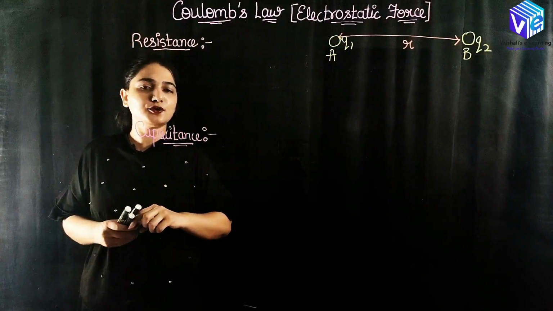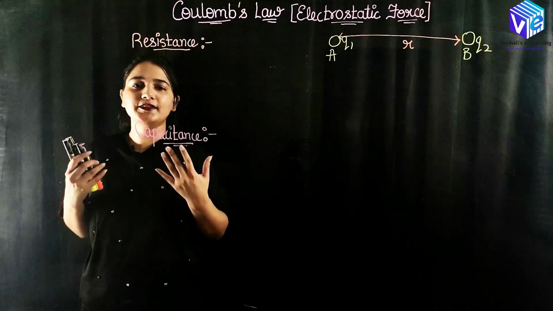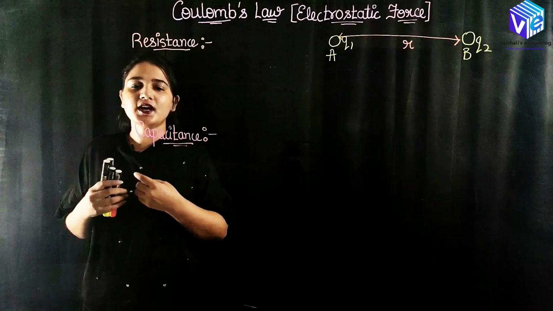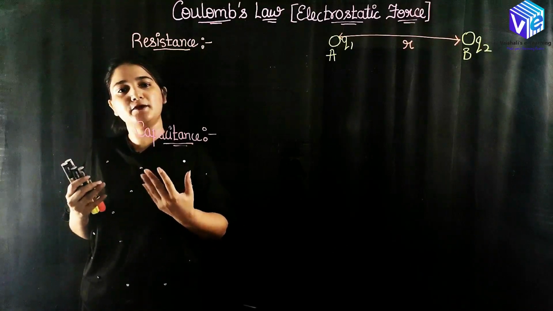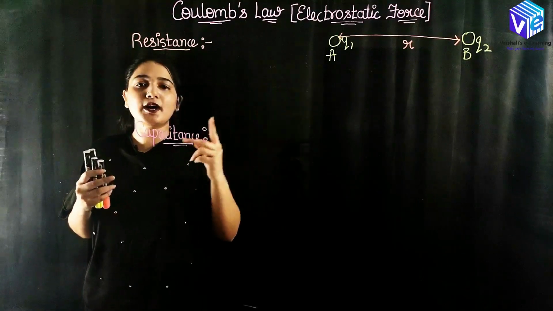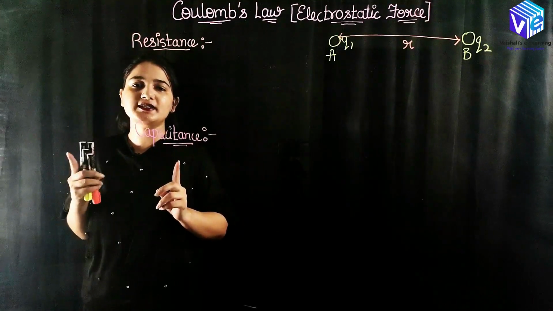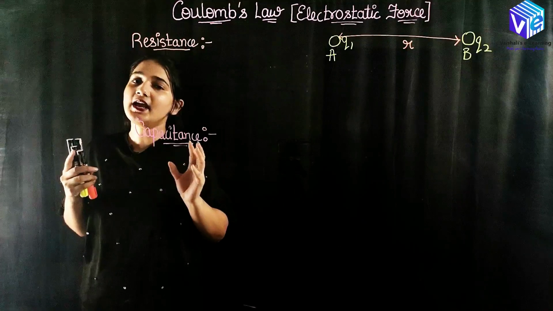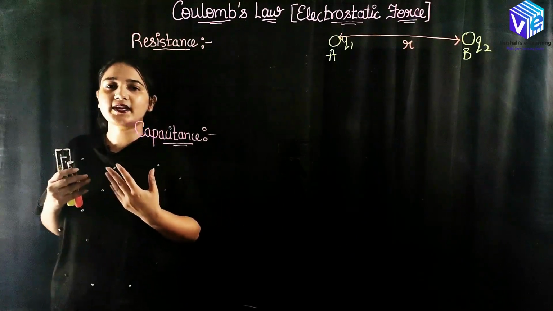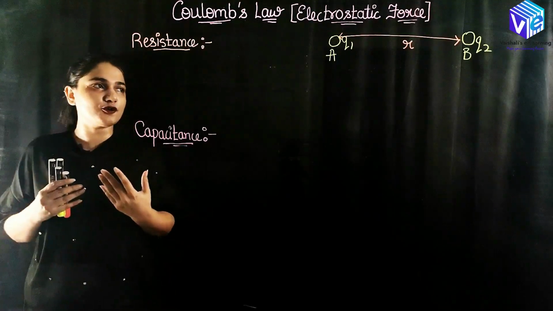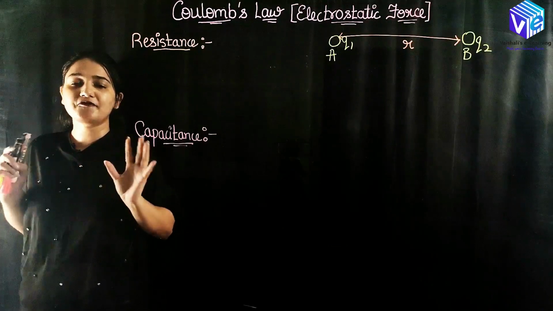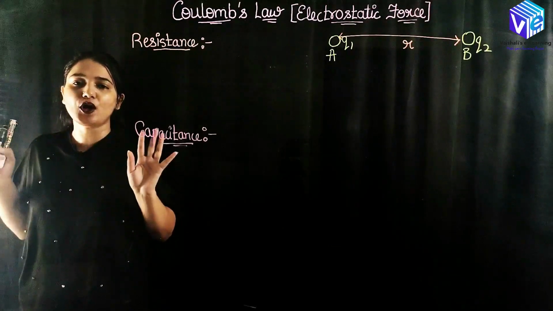Q1 and Q2, depending upon their nature, if Q1 and Q2 both are electrons or both are protons, then they will have a repulsive force. And if Q1 and Q2 are different from each other, one is an electron and another is a proton, then there will be an attractive force. So we'll be seeing how we can derive exactly what the force between two static charges is. Now these points A and B are fixed, Q1 and Q2 are not moving at all.